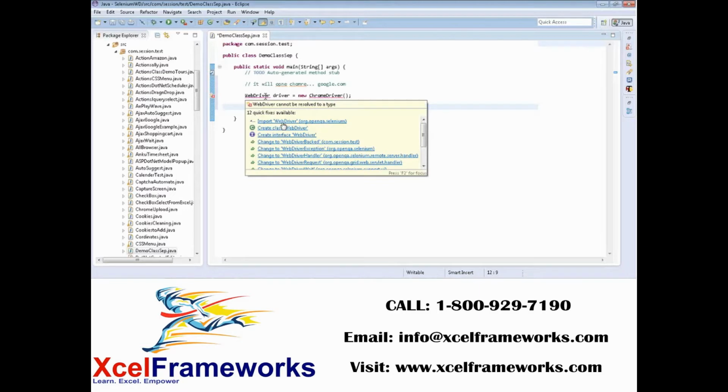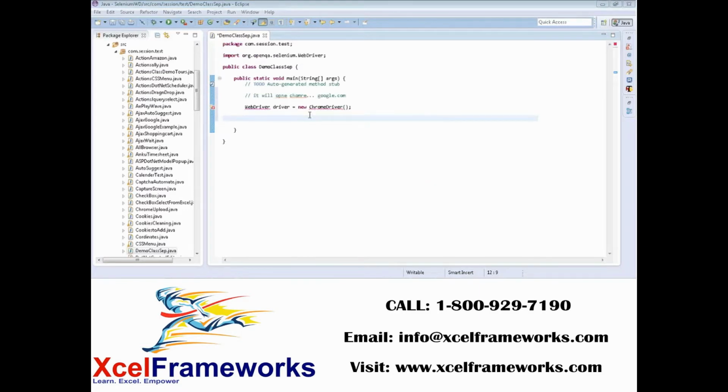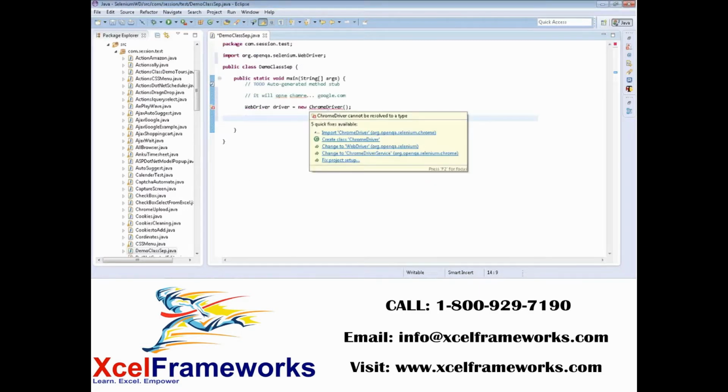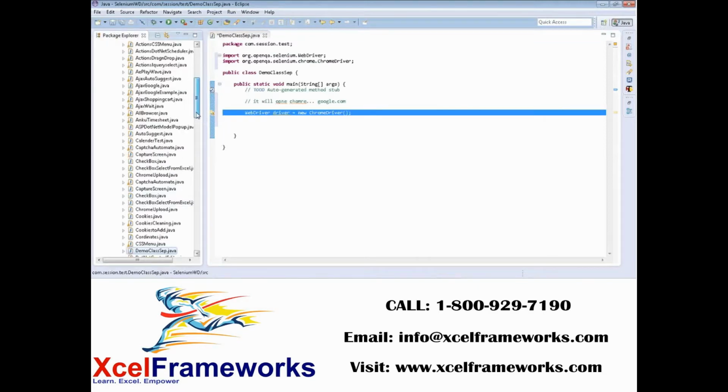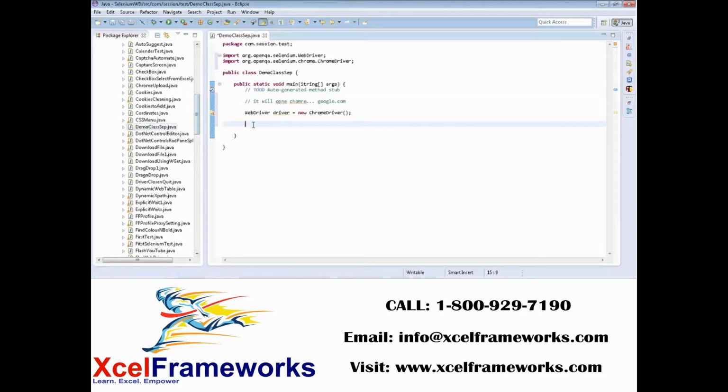If you know the basics of Java or OOPS concepts, then you can easily say what exactly it's trying to do. Any idea what it's trying to do here? I mean, the first line here. You guys understand? Yeah, it is going to open a new web page using the Chrome browser, and now we are going to write what page it has to open.